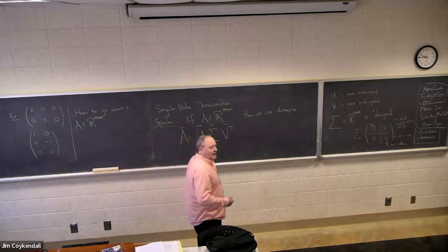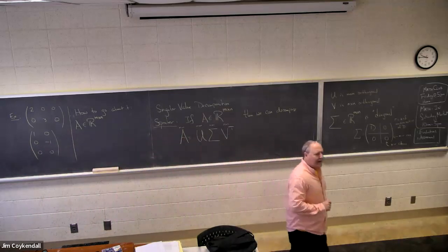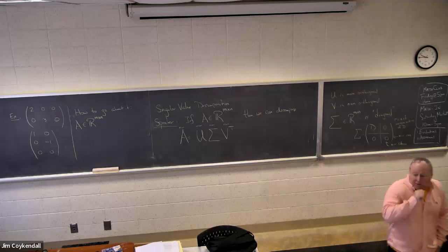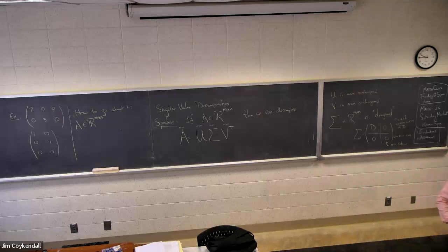I'll give you a hint. Not only do I want it to be square, I want it to be n by n. So I give you an m by n matrix. I want you to prestidigitate for me an n by n square matrix that is also symmetric, that's in a natural way associated to